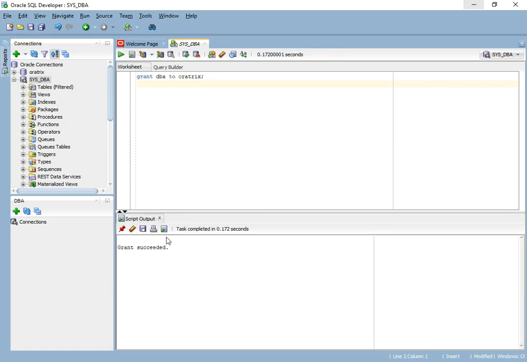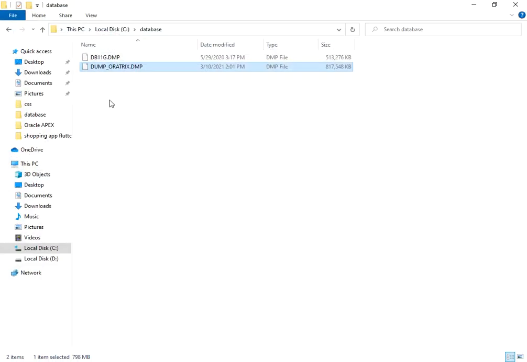Yes, grant succeeded. Here we also need to create one directory, which points to the location of the file we want to import.